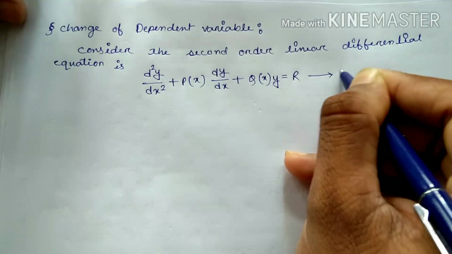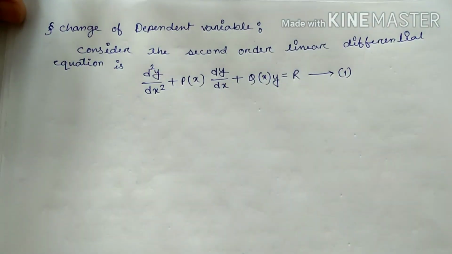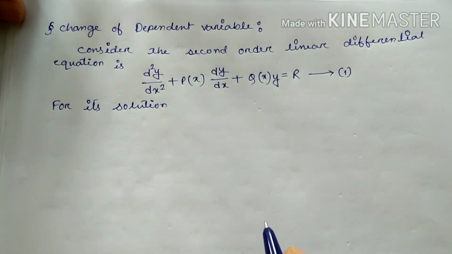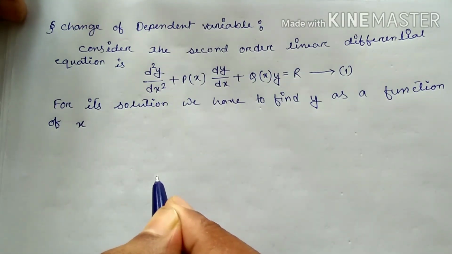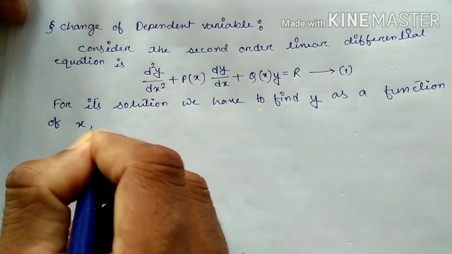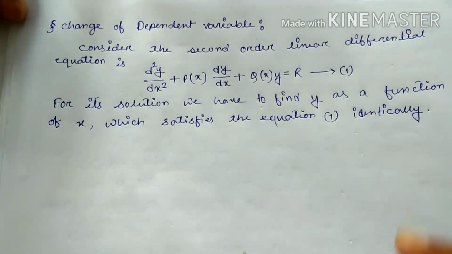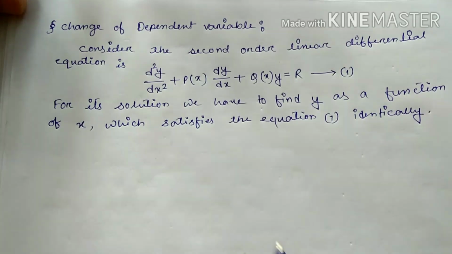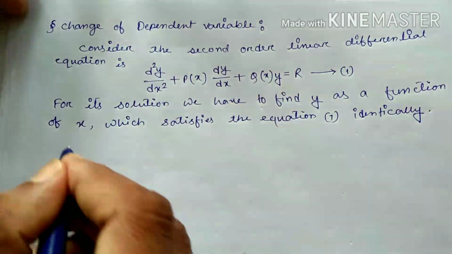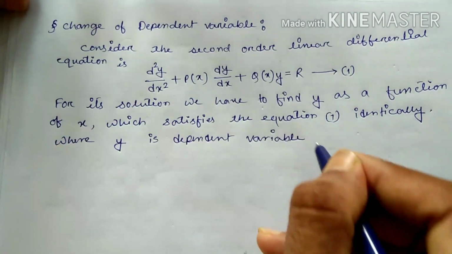This is equation number 1. For its solution, we have to find y as a function of x, which satisfies equation 1 identically, where y is the dependent variable and